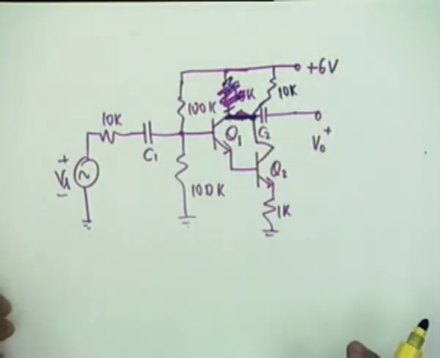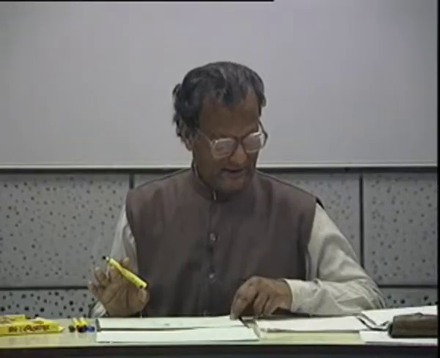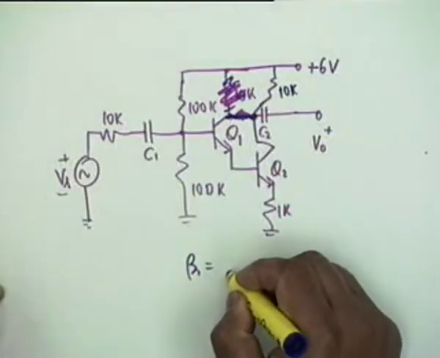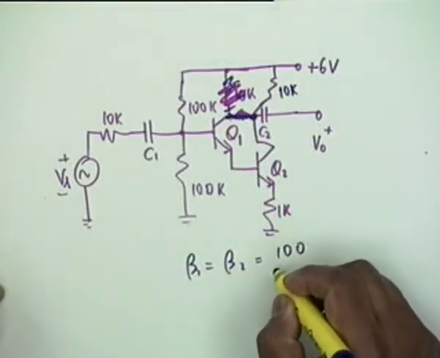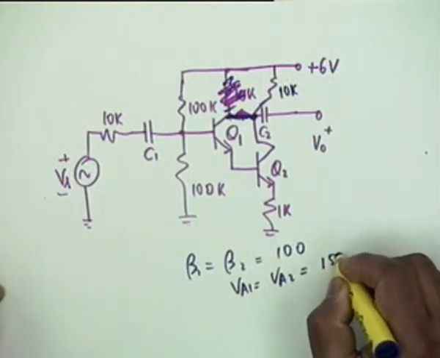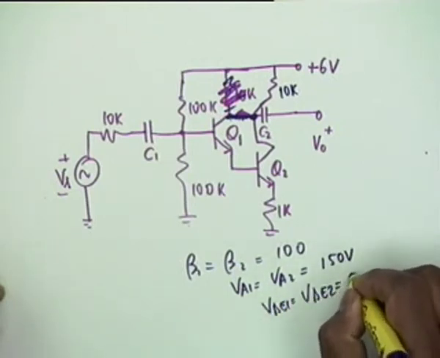Okay. The question was: draw the mid-band equivalent circuit of the amplifier shown below with numerical values of components. That is R pi, GM, and everything has to be calculated numerically. Only the equivalent circuit, no calculations were needed, and Rx1 and Rx2 were to be ignored. The data given was beta 1 equal to beta 2 equal to 100. VA1, the two early voltages are also equal, 150 volt, and VBE1 is equal to VBE2, for calculation assume them to be 0.7 volt.